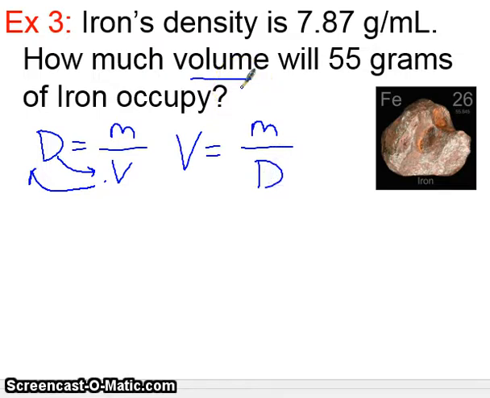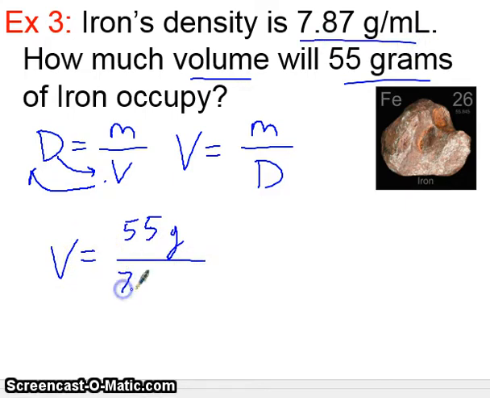If you have trouble rearranging equations like this, talk to me, and we can help you do a little bit of the background algebra for this. So we have dividing mass over density to get the volume. Our mass, in this case, is 55 grams. Our density is 7.87 grams per milliliter. So go ahead and calculate this out on your calculator. The answer you get should be